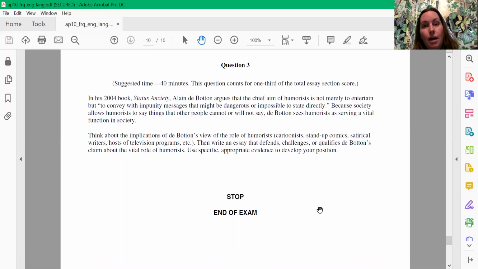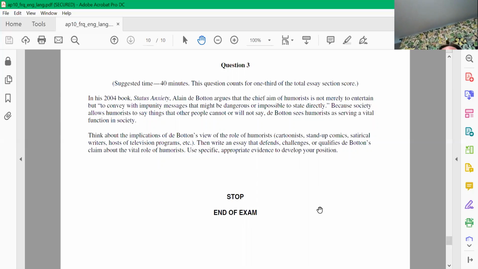So I'm going to switch to tablet mode and hope that this still works. And I'm going to show you how I'd actually read and annotate this prompt. So I'm going into tablet mode. You may or may not see my face. Too bad. So what I see here on question 3 is it says, in his 2004 book, Status Anxiety, Alain